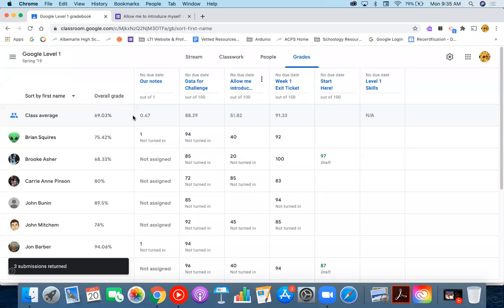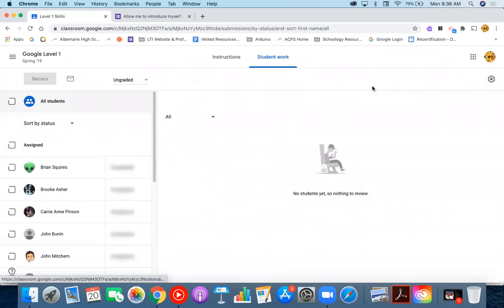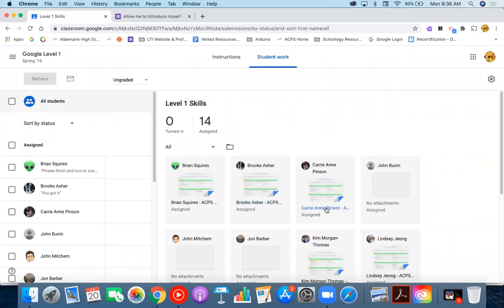Please note that I get information at the top of my screen about what the class average is for any of these assignments. So they have a 91.33 for the week 1 exit ticket. They have a 52-ish for that quiz that we saw, and we can go in and see all of those. If I need to get into a particular assignment, I can come up here to its name, and all of that's hyperlinked. So when I click on week 1 exit ticket, or even better, level 1 skills, it's going to come up with all of my students' work,